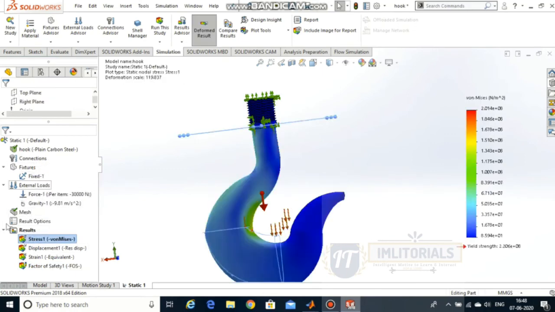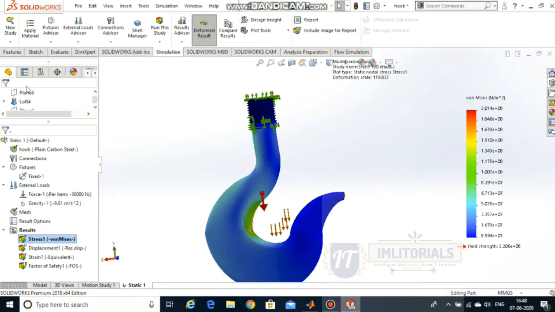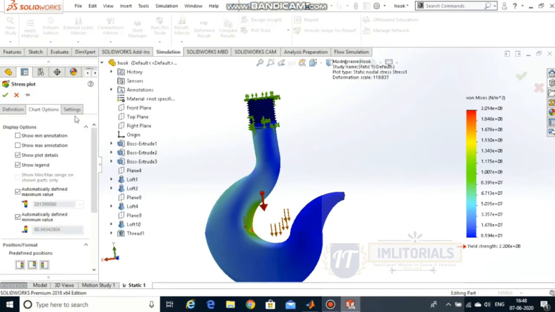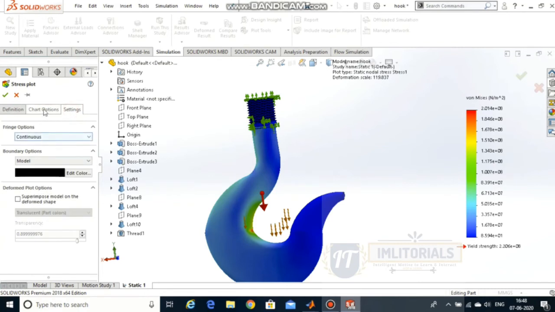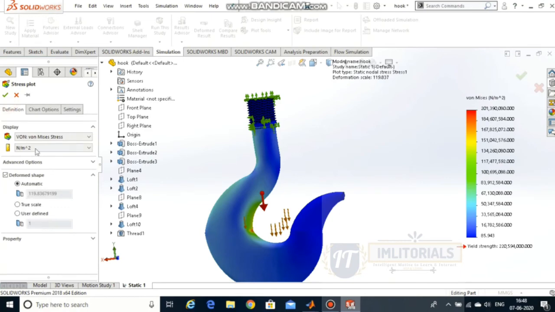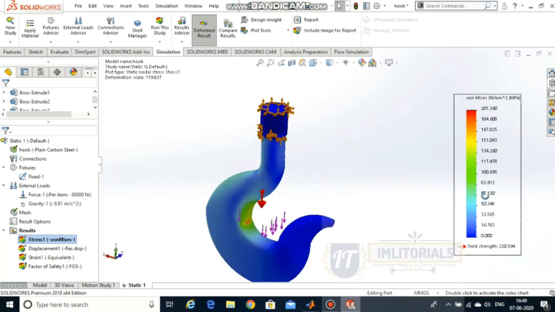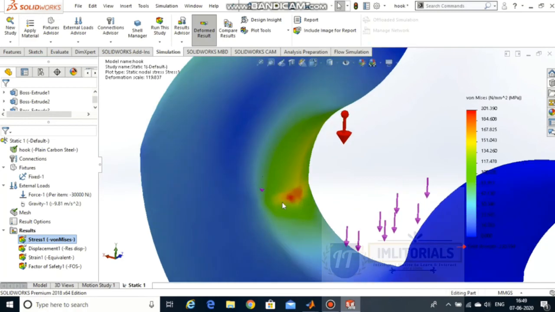After running the study, we can view the results using a variety of color plots, graphs, animations and reports. Depending upon our requirement, we can analyze the results from any of the reports generated. The finite element analysis uses a color code to determine the maximum, minimum and intermediate values. The colors of a stress plot represent what the stress value at that point in the model is. By default in SolidWorks Simulation, the maximum stress value is set as the red value and the minimum stress as the blue value.